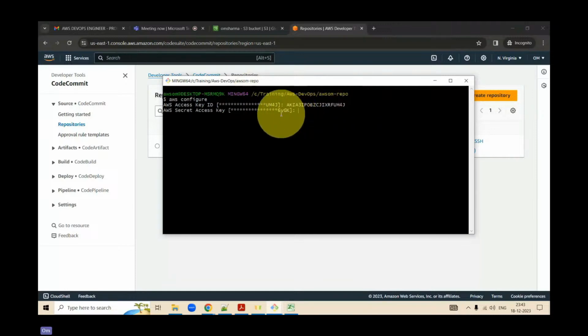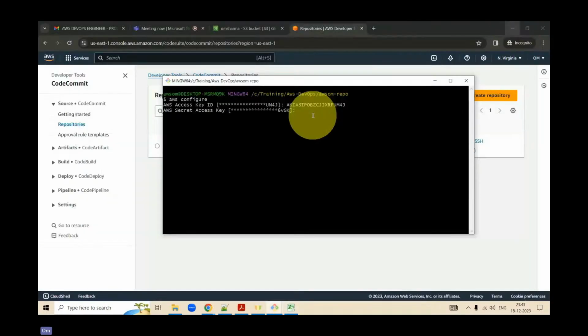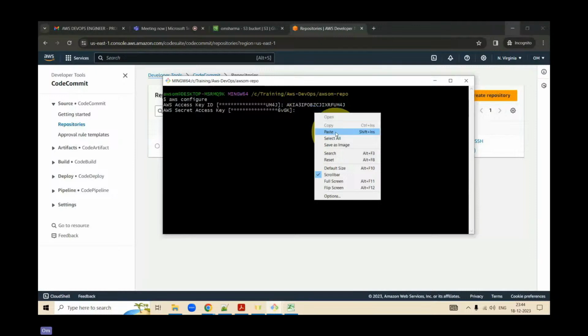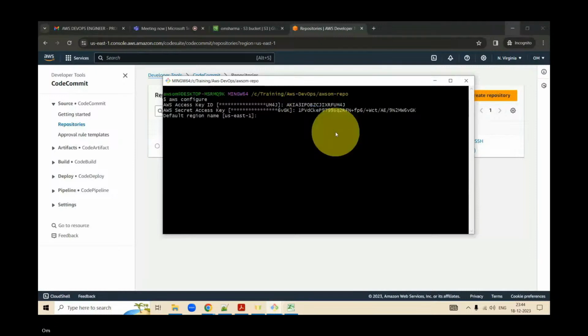That means it is correct. Similarly, 6VGK. Only the last four digits would be mentioned, just for reconciliation that you are putting it the correct way. Paste it like this. US East 1, default output, leave it. Then aws s3 ls to see whether you're able to see the list of the files or not.